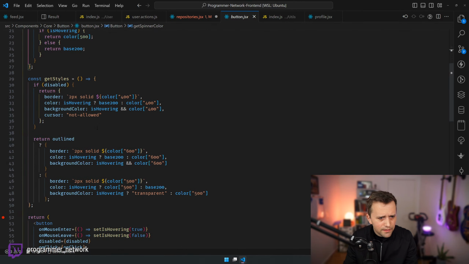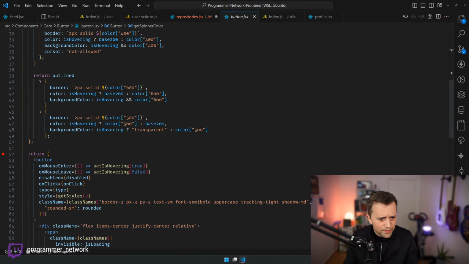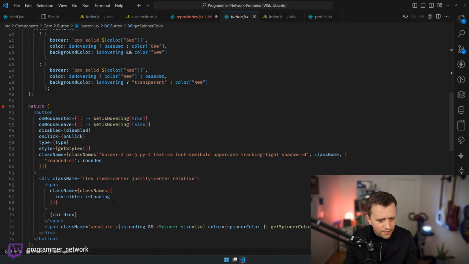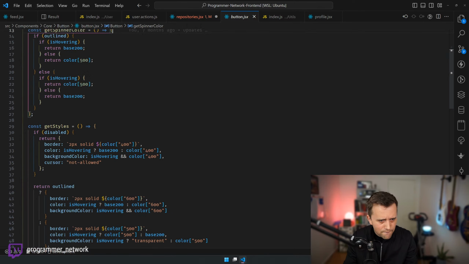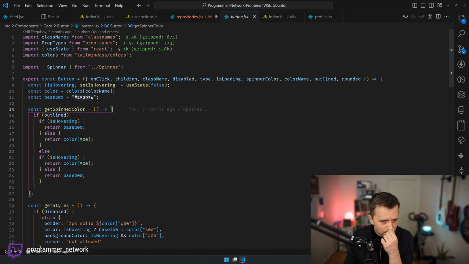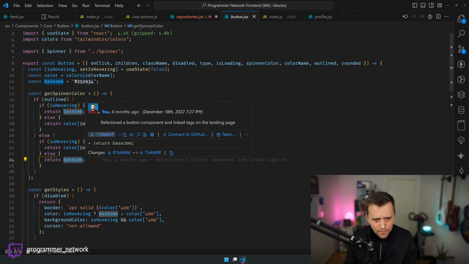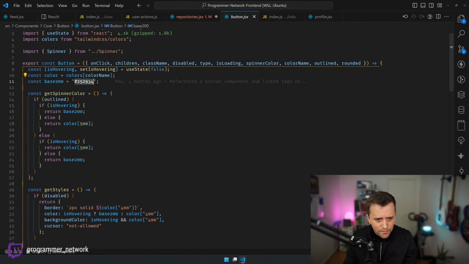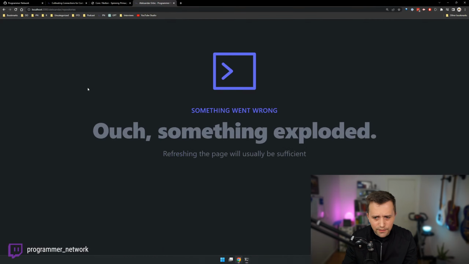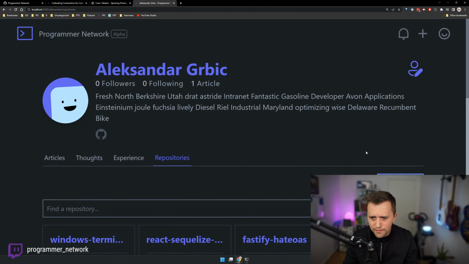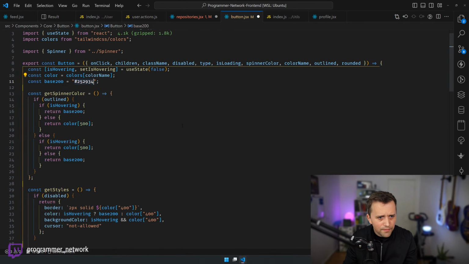Okay, so get styles outlined on mouse center and click, disabled class name border tracking. Let me just try one crazy thing, just a random color out of my mind. No, okay.